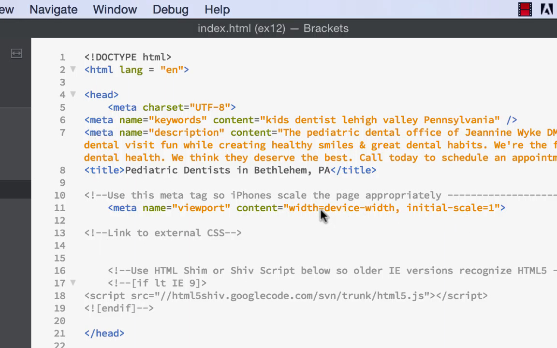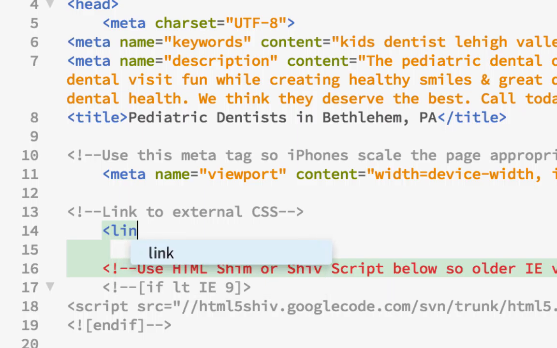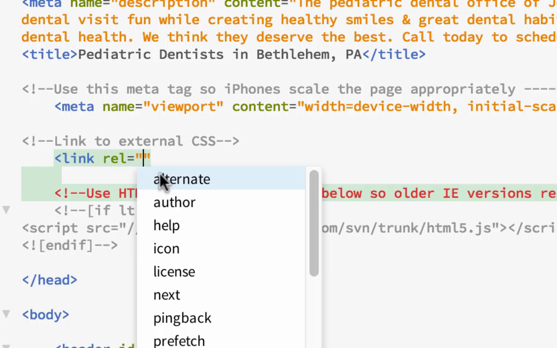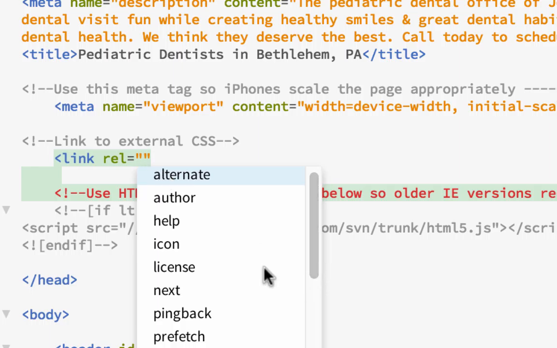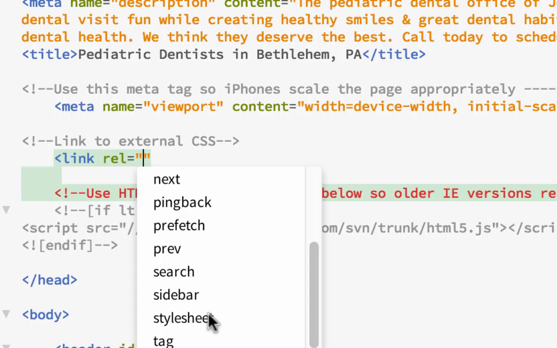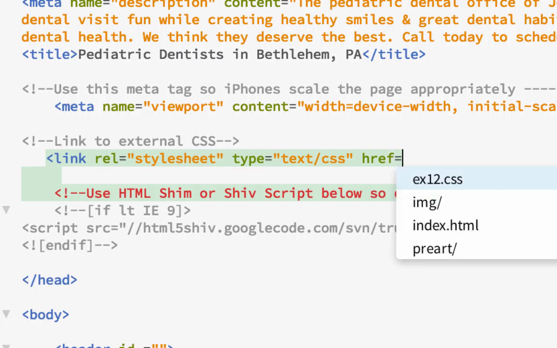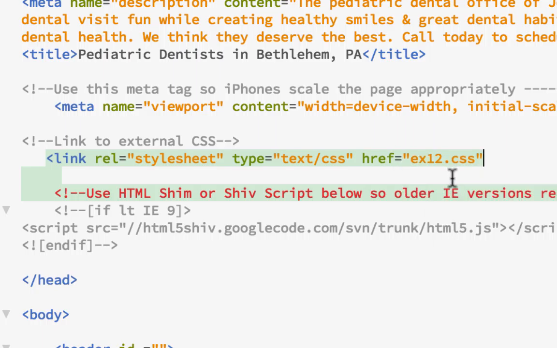So if you remember to do that, link rel. And when that comes up, if you're not sure, just click on link rel and it'll tell you what to do next. And I'm going to do stylesheet. And then right after this, you're going to do type. And choose type, and it's going to show text/css, which is what we use. And then put in your href, which is your reference of where it is. And it should look right away to the ex12.css,